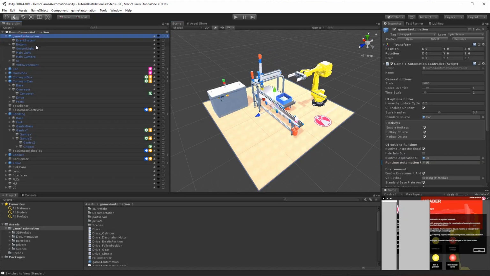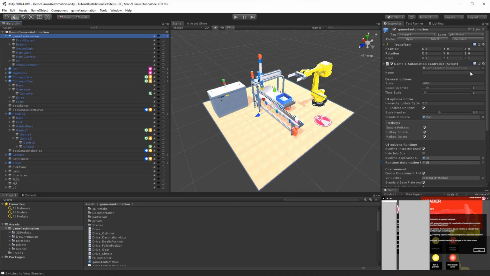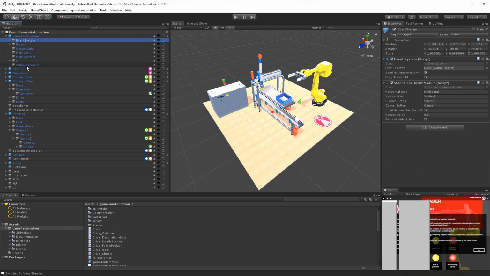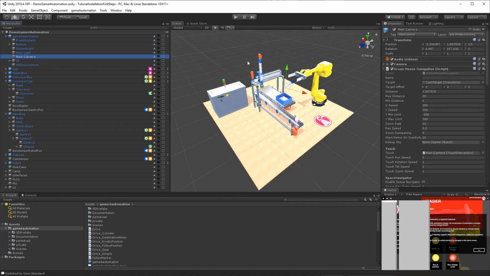In every project you are doing with Game4Automation, you need the Game4Automation component included, and at least the Game4Automation controller. You could delete everything what's underneath here, but you will lose all the lights, the bottom of the scene, and the camera, including all the camera navigation. If you start the scene, you will see